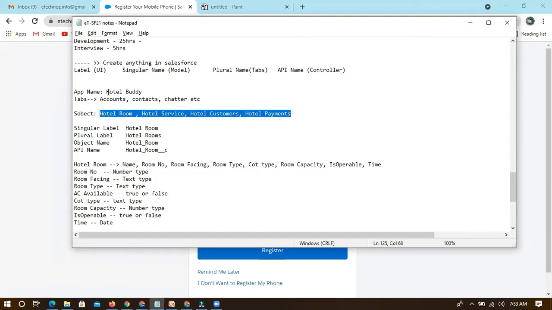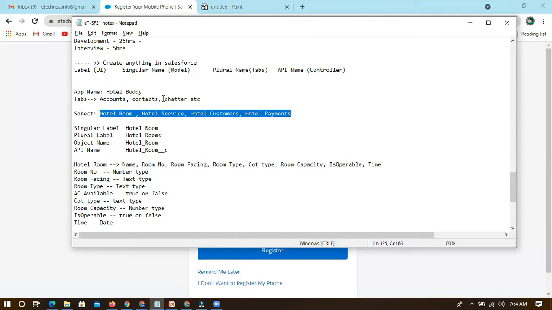Let's take this hotel. They can have rooms, and we have to identify those rooms. They can give some sort of service, and they will be giving service to customers. So this is one transaction. They can also have payments, different modes of payment. Likewise we have to identify their business, and any offered services will come here. These we need to identify as subjects, and we have identified this many. Going forward we can identify more, but for now this is sufficient.